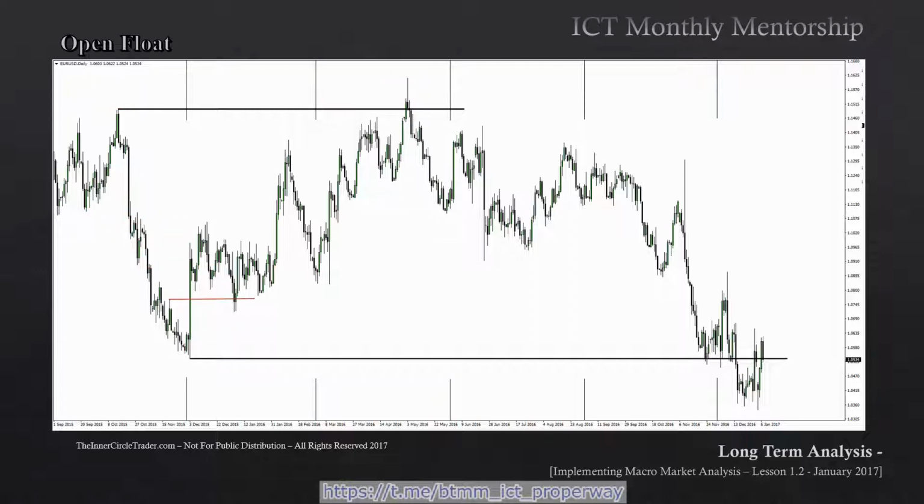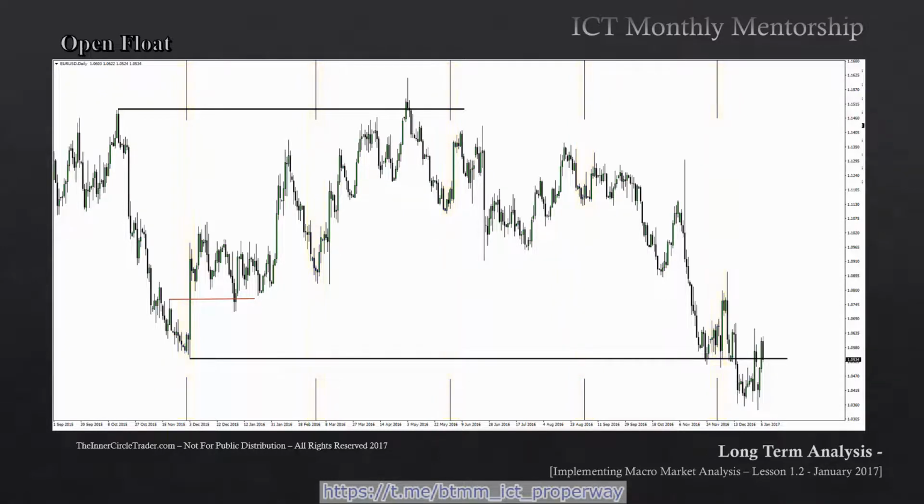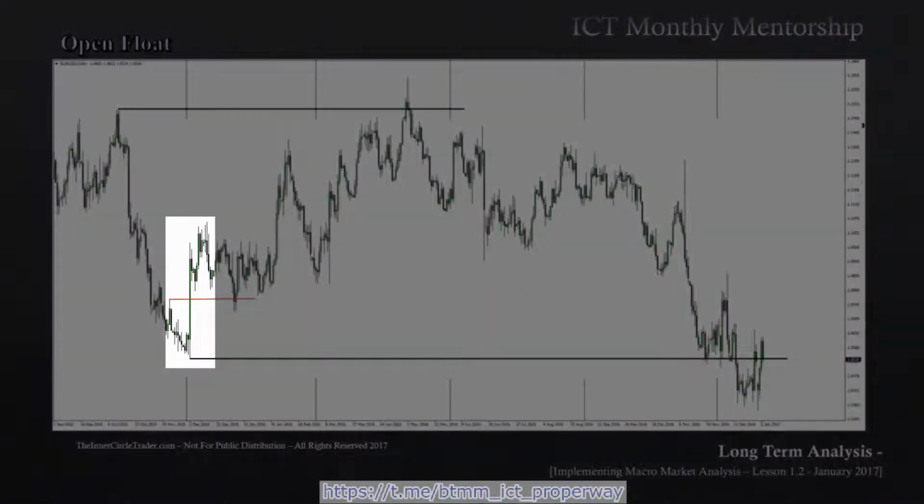As you can see here, after creating a low of 105.34, the market does in fact have one more market structure shift and sends price higher. Pay attention to the quarterly shift markers that we have here. Every 3 months, there is a significant run on liquidity. The move off of the 105.34 level has a break in market structure. Then you can see the subsequent retracement back to the short-term high,